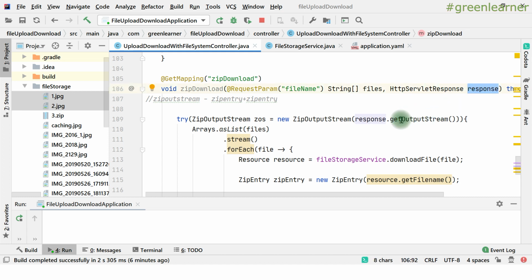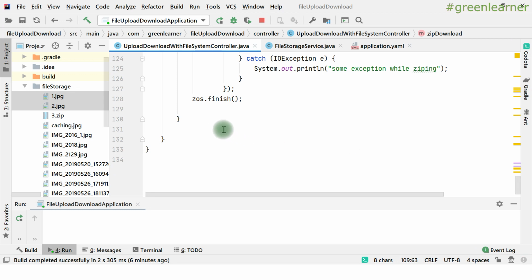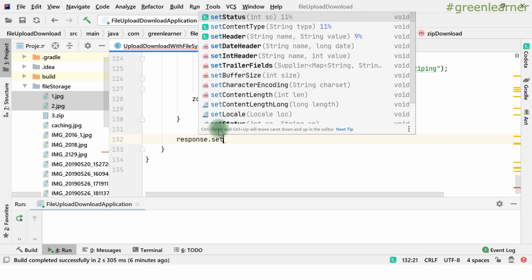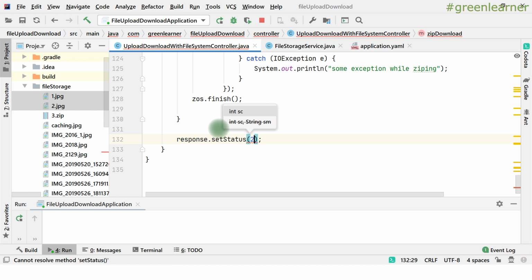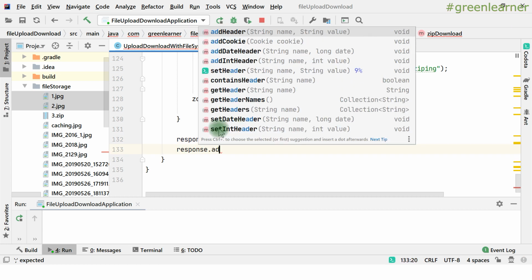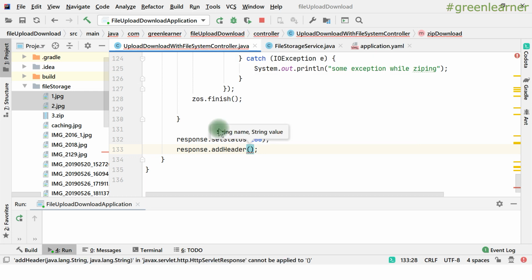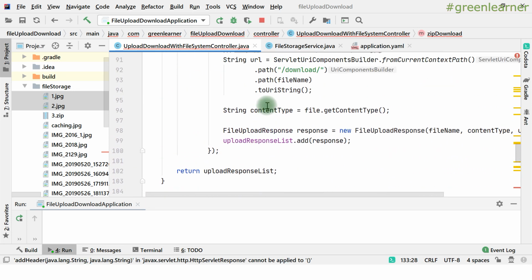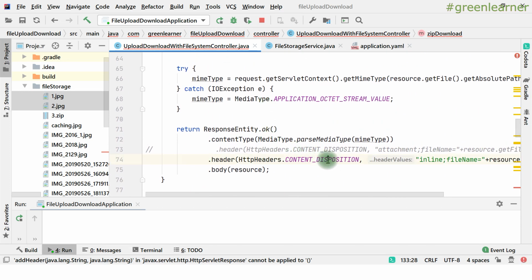This response output stream, we are taking that output stream, and a zip output stream is being created out of that, right? So the zip files are being written into the response automatically, right? From this line. One thing that it has done automatically, that we could have set, is response.setStatus as 200 so that it understands that its status is okay. And apart from that, we can add a response header, like when you were downloading the files, you were putting some header information, right? So this content disposition and this one, right? So we can put that.